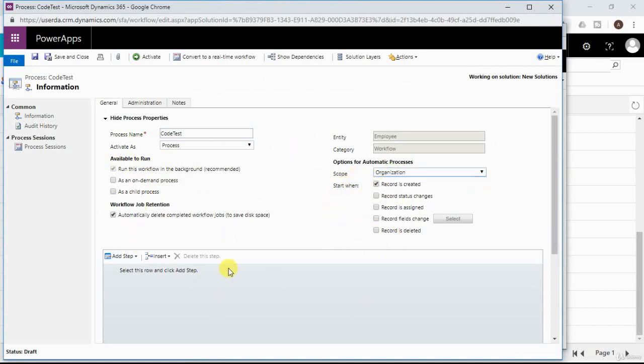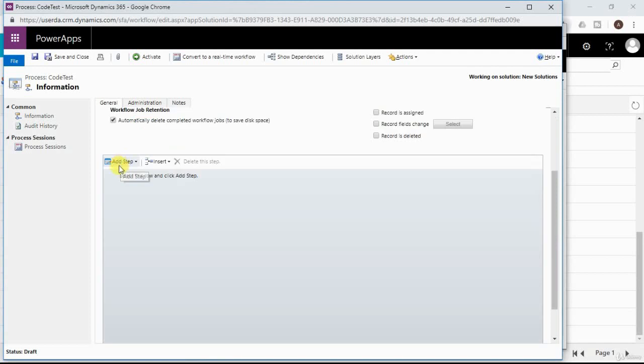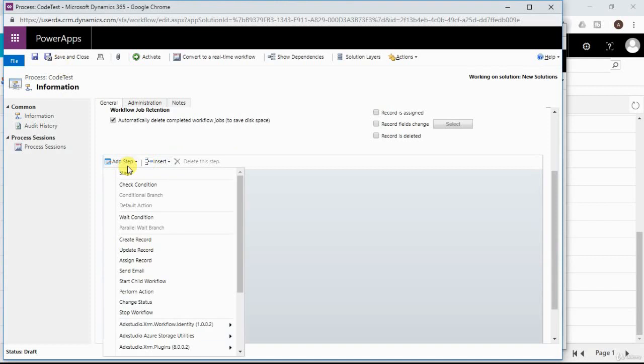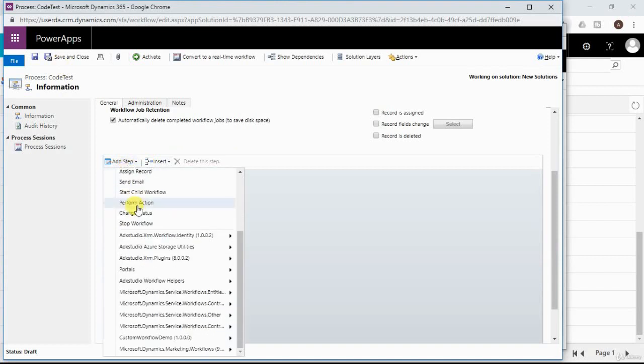After selecting all these things, you have to add the business logic. Here you need to add the different steps in order to achieve your business objective. After clicking add step, here you can see one more custom workflow step has been registered, that is custom workflow demo. This is the project name or the assembly name, and if you click this arrow here you can see the assembly name dot the class name, which will be the step that you want to add in this workflow.